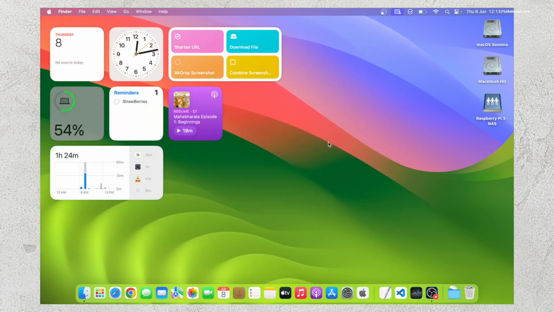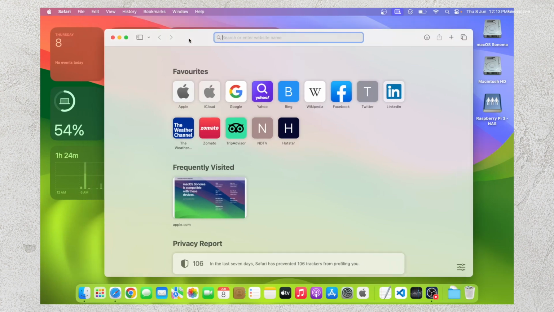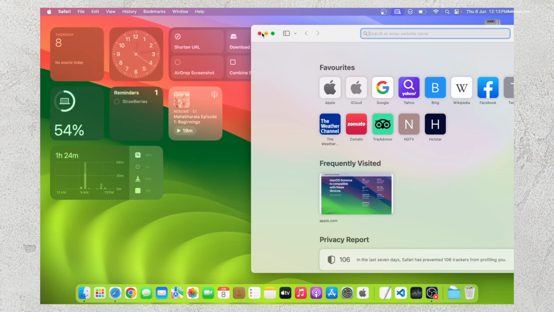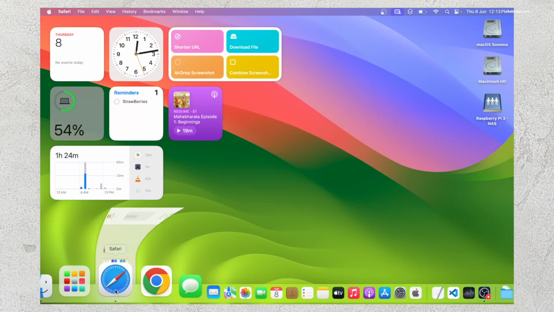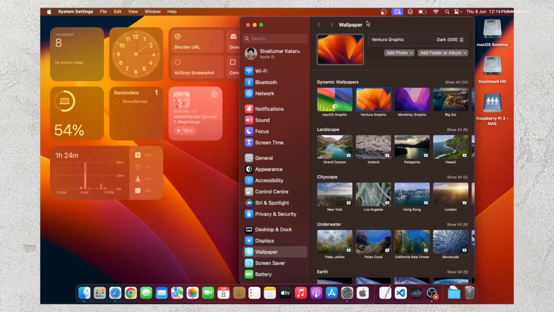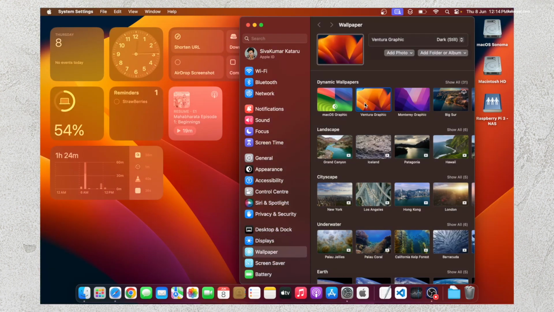To make sure widgets aren't distracting while working with applications or Stage Manager, Apple made a way to make them glanceable without feeling intrusive. Let's open Safari. Now as you can see, the widgets instantly fade into the background so I can stay focused on my browsing. If I switch the wallpaper, you can see the widgets are intelligently tinted based on the color behind them, so they maintain legibility and the look of the desktop.